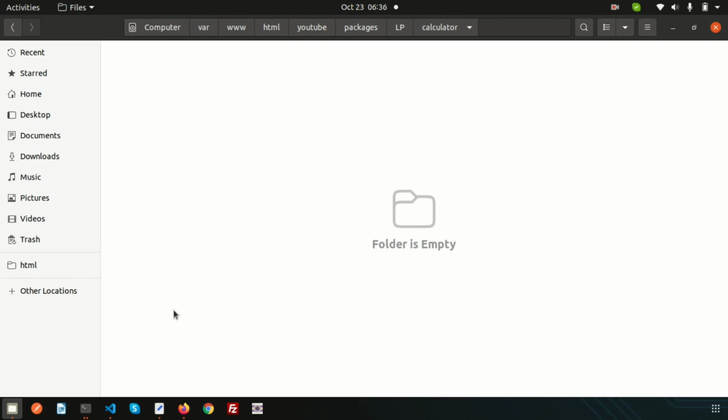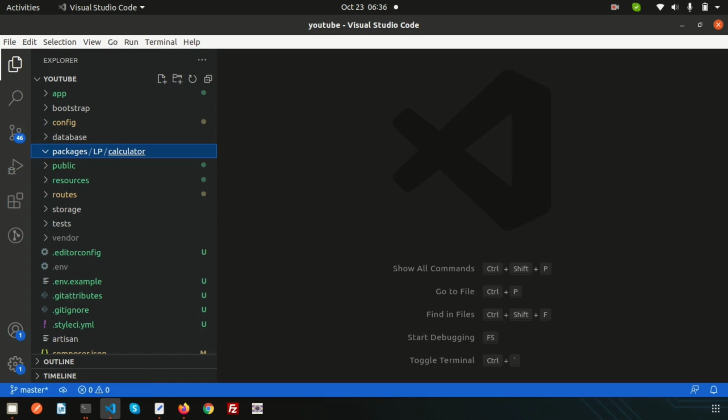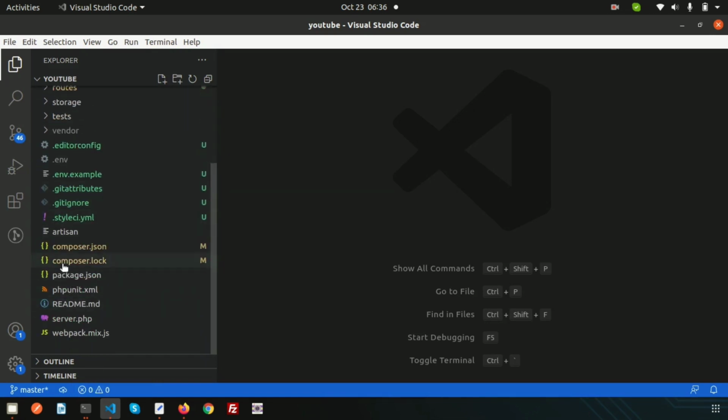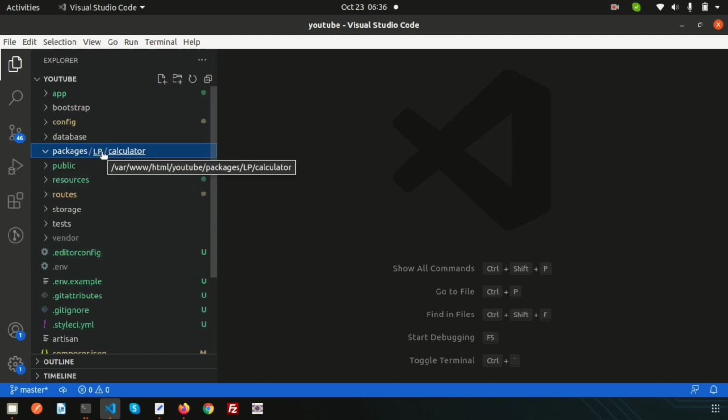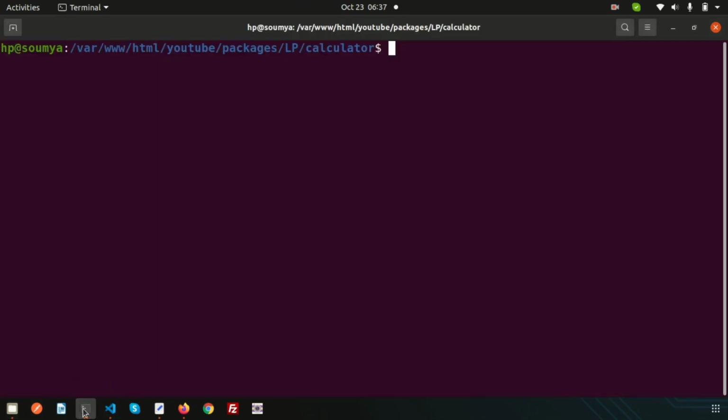We need to implement the package, and first of all we are using the composer.json. As it is our application, we have a composer.json, so whatever we install through the composer will be added here. For our package we need a separate composer.json for our own package. So simply go into the terminal and initialize the composer. So composer init,